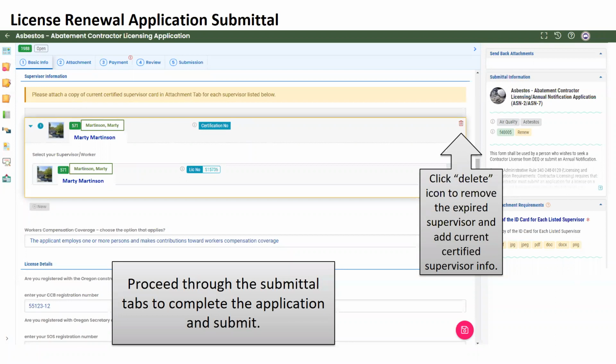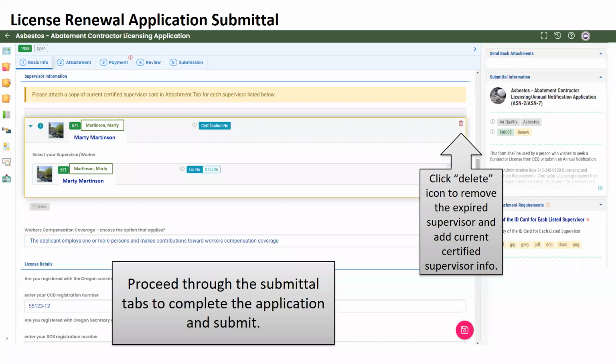If you are trying to become a DEQ licensed asbestos abatement contractor to perform abatement in Oregon, then this is the application form that you would complete and submit to DEQ to become licensed to do that work. But if you do not have a certified supervisor on staff, then you wouldn't meet the minimum requirements to get a license from DEQ to do asbestos abatement.